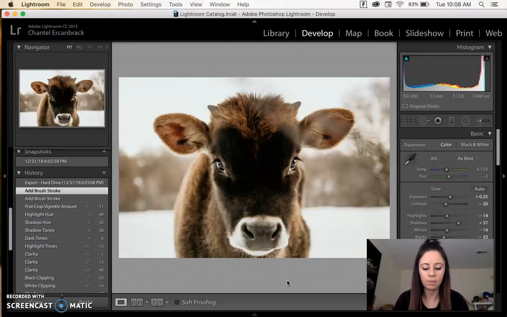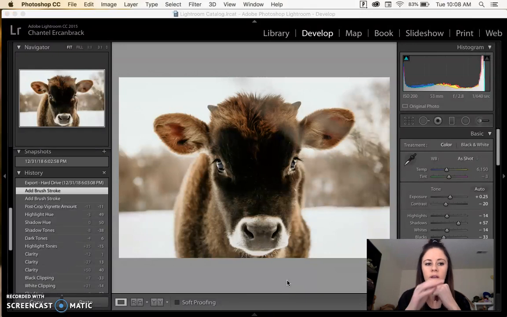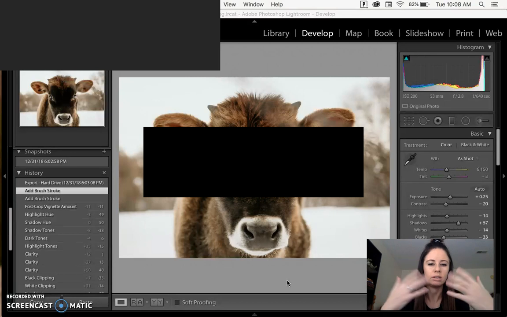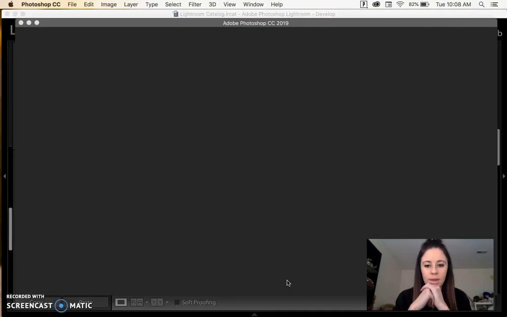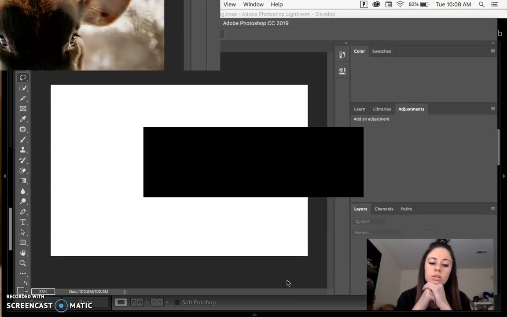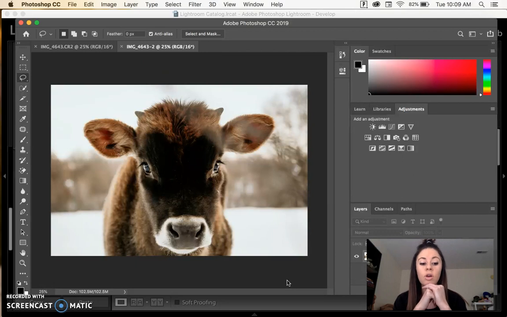To take it to Photoshop, you're just going to do Command E, and that shortcut is going to take you to Photoshop. Sometimes it takes a minute. I'll do it one more time. Here we go. Sometimes it takes a minute, but it's just a good shortcut. It's easy, and that way you can go from Lightroom to Photoshop, and then from Photoshop to Lightroom with that same image without having several different images in there. So it's going to go ahead and load. Okay, perfect. So here we go